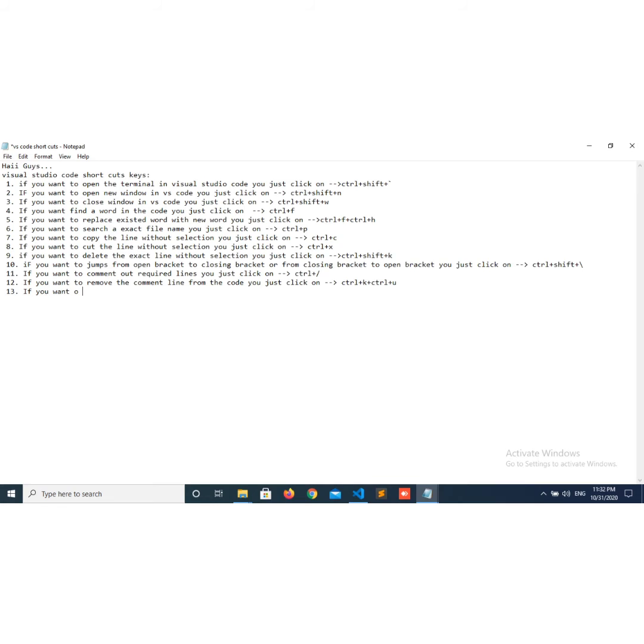If you want to go back from whatever changes you did in the code, then you just click on Ctrl plus Z, that is undo.